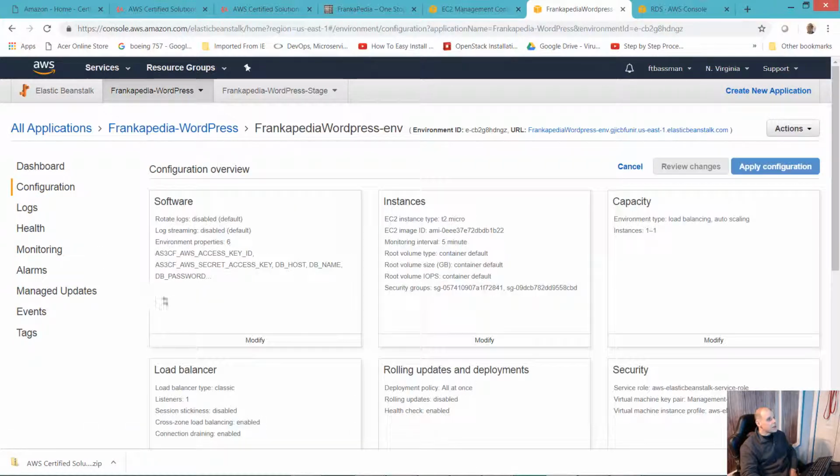If you look at the configuration, I picked Beanstalk because that's one of the things that they test you on. They're pushing serverless, but Beanstalk is not serverless because it's using EC2 in this case, but it's one of the AWS services that makes it easy to deploy everything in an automated fashion.